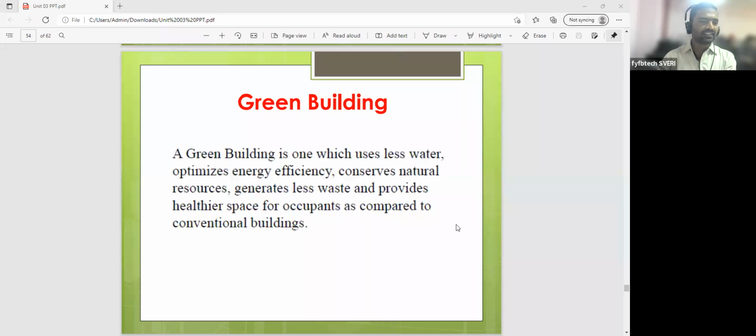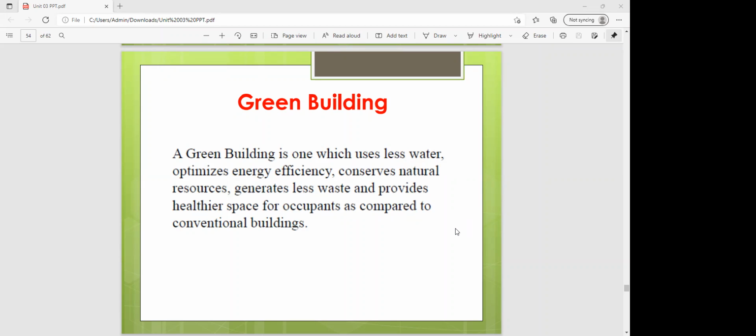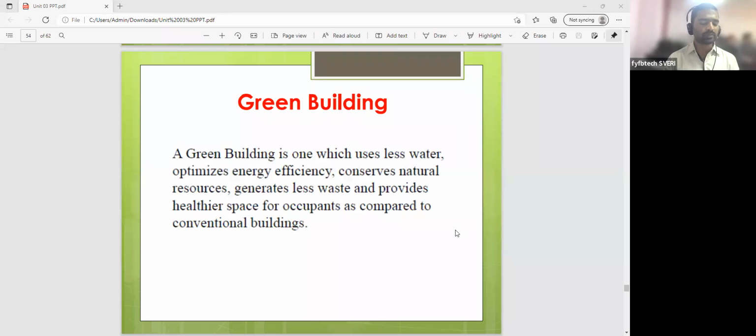Is the screen visible to everyone? Okay. Can you recall what we have studied in the last class from chapter number 3? Components of the buildings. What are the different components of the building? Substructure and superstructure. In the substructure, what are the different parts or components? Foundation, plinth,